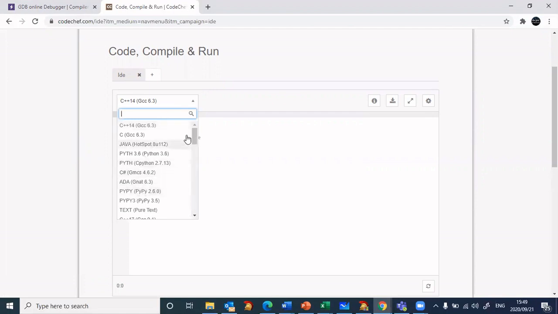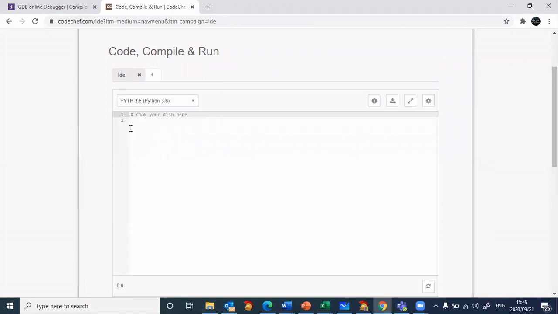There are multiple languages that you can choose from. I'm going to select Python 3.6. And this is where you are now going to type your computer program, your Python program. There is one line of code that's already there for you. You can leave it there, or if you wish, you can delete it and start from line 1 where you can write your code. I am going to type print,